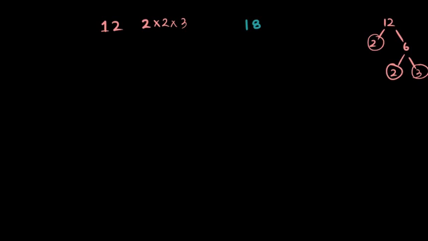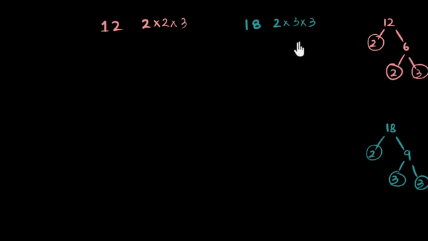And then I can do the same thing. I'll go to 18 and say, hey, what are your prime factors? And there's a way to find that as well. 18, 2 goes and then there's 9 and there's 3 and 3. So 2 into 3 into 3 will give me 18. So 2 times 3 times 3. So here it's 1 2 and 2 3s.